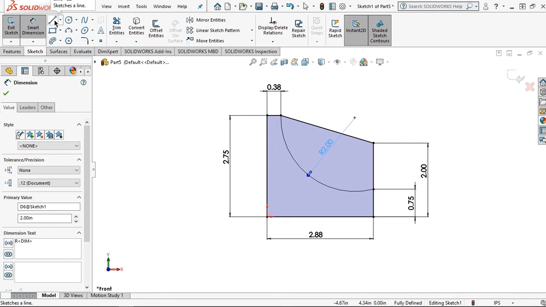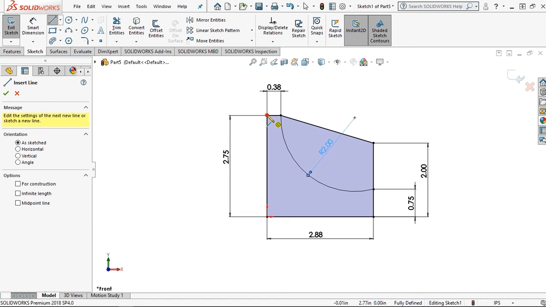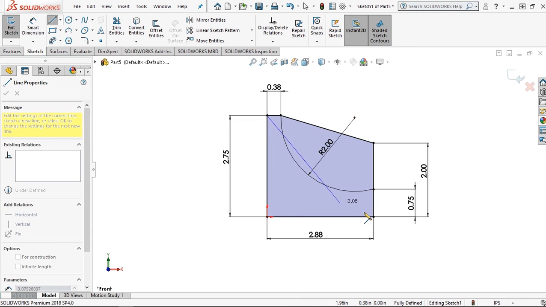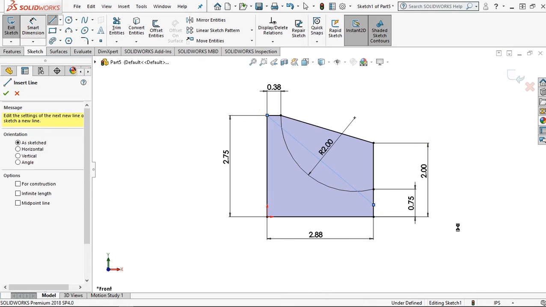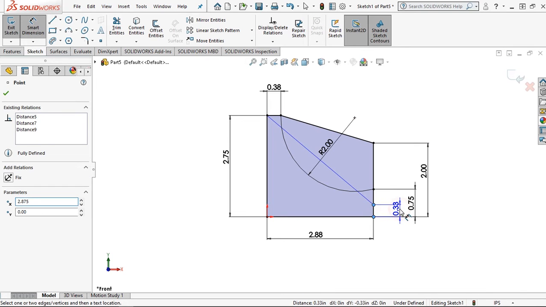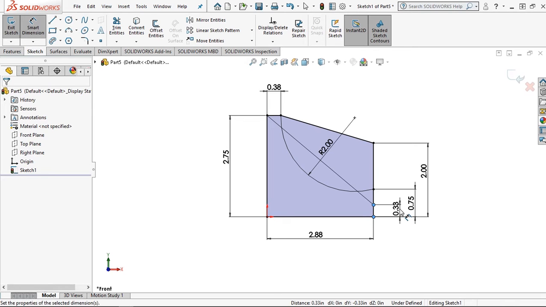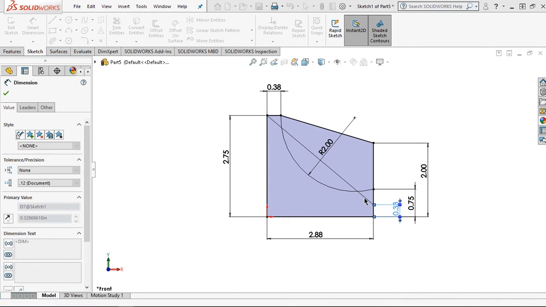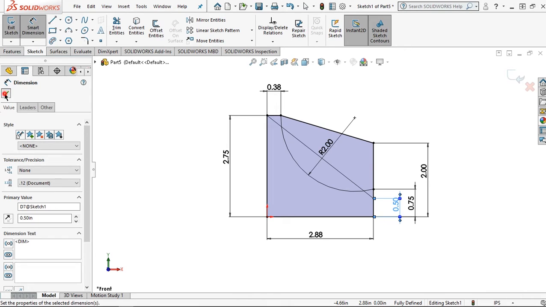and I want to add the line. Click this point and connect to this. Click the smart dimension. Okay, give it 1 divide 2 inch and click OK. Then click yes,